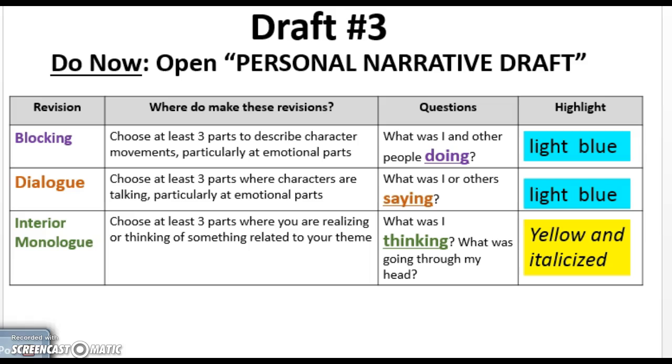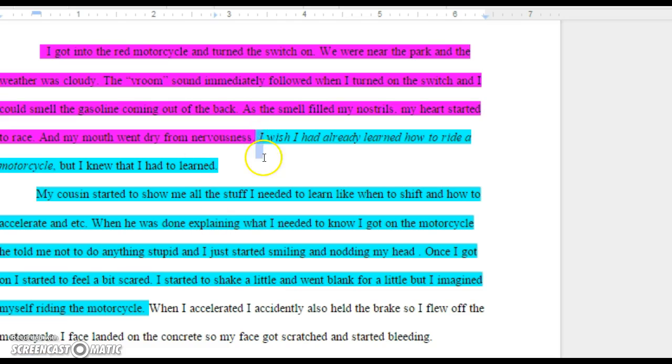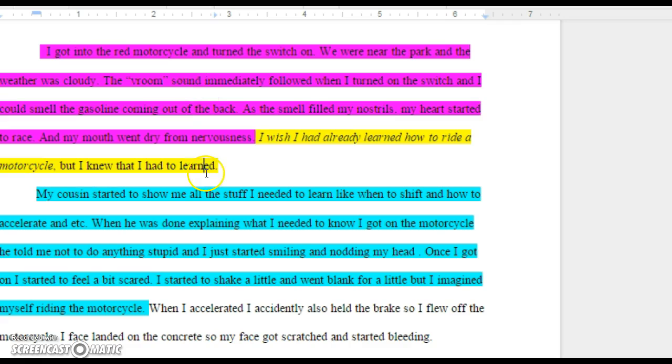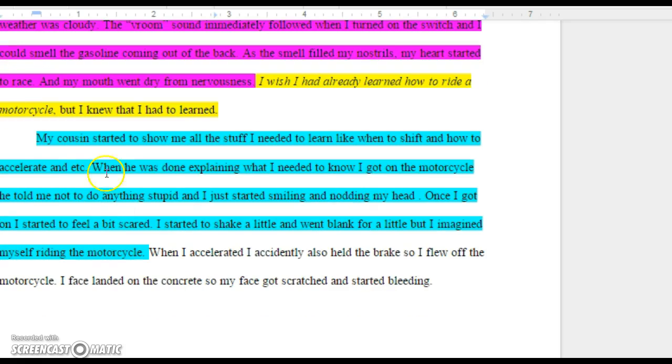So this is actually interior monologue, so I'm going to go back and highlight it in yellow rather than blue. Interior monologue is a great place for you to add hints to your theme. So this is what I'm thinking so far, and you'll see the way that I've changed throughout the personal narrative. I'm going to keep going.